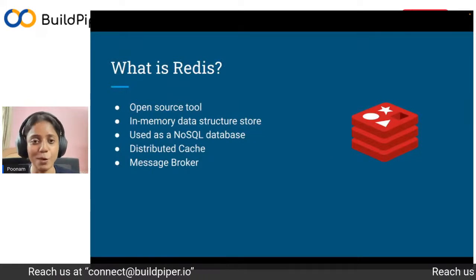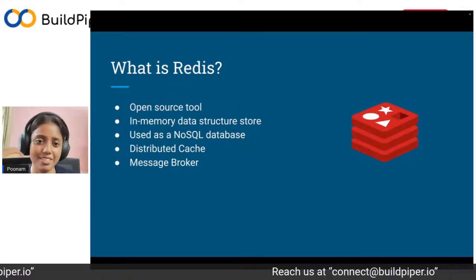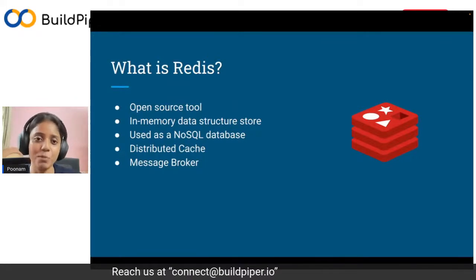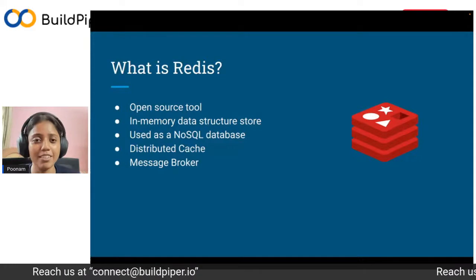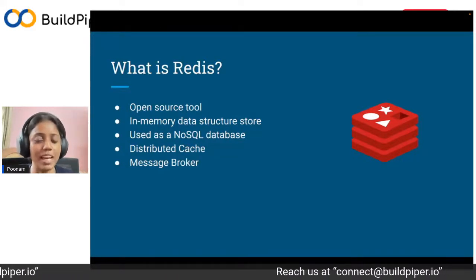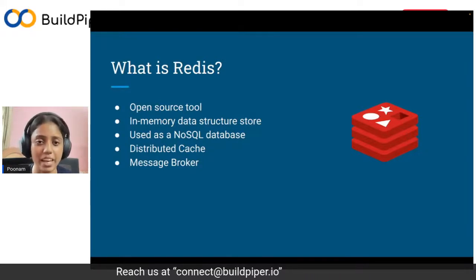First, let's look at what Redis is. Long back when applications like Twitter were scaling, they had problems with making data available to users at lightning speed. That's when these companies started adopting Redis as a caching mechanism.